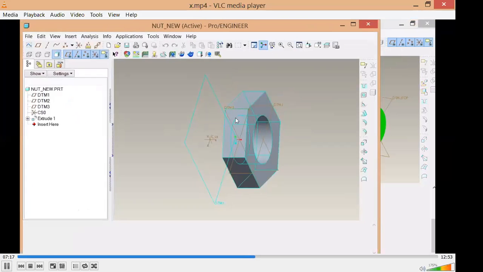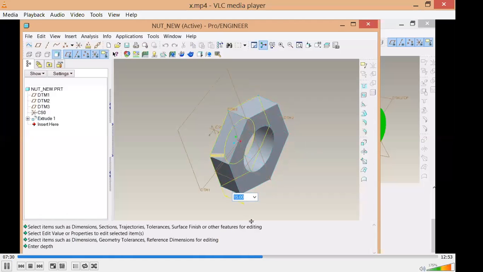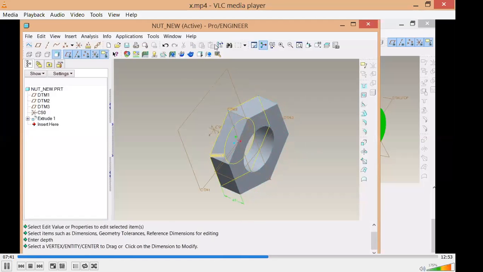If you want to change that, if you want to move the nut, if you want to edit the nut, you can open it separately. So this is the nut part. You can open any part separately as a separate file and you can work on it. For example, you can also change, say I want to change the thickness of the bolt from 15 to 20 or to some other value. I can change this. So for example, I want to give 40, regenerate.